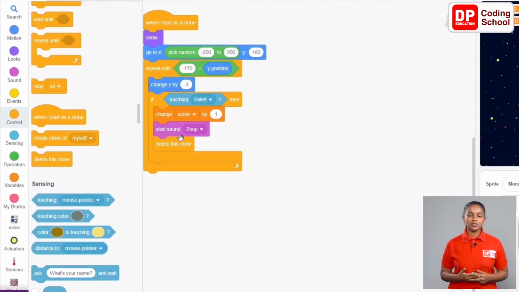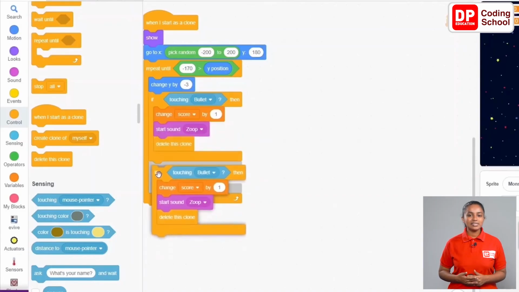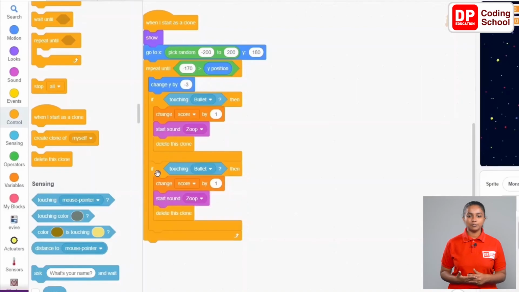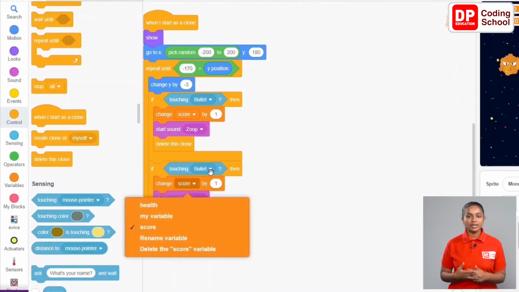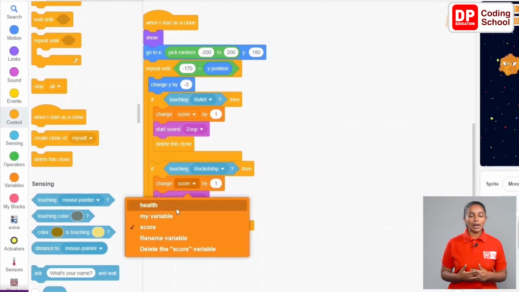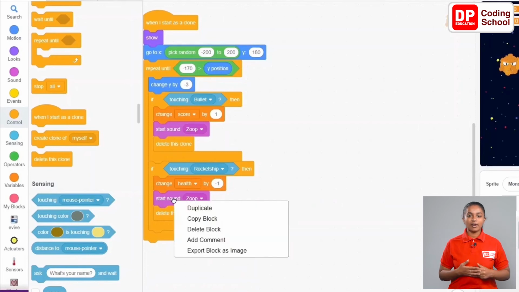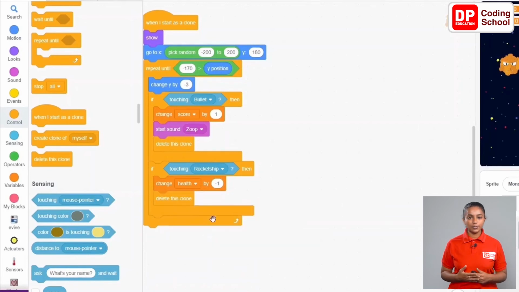For that, let's duplicate this if code block. I right-click on this if code block and duplicate it. Now let's add this duplicated if code block below the first if code block like this. Click on the arrow in front of bullet and select rocket ship. Also, here the variable is changed to health and here the value is given as -1. Since there is no need to play a sound at this time, right-click on the Start Sound code block and